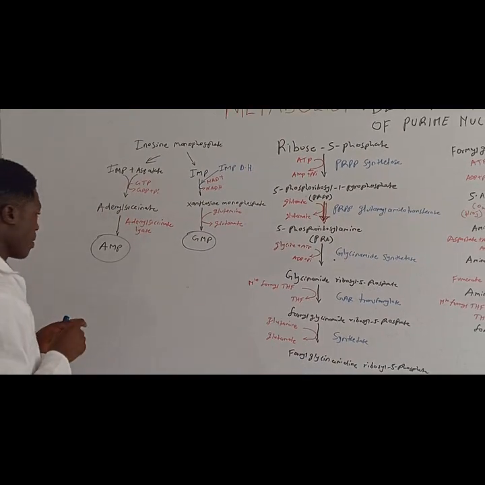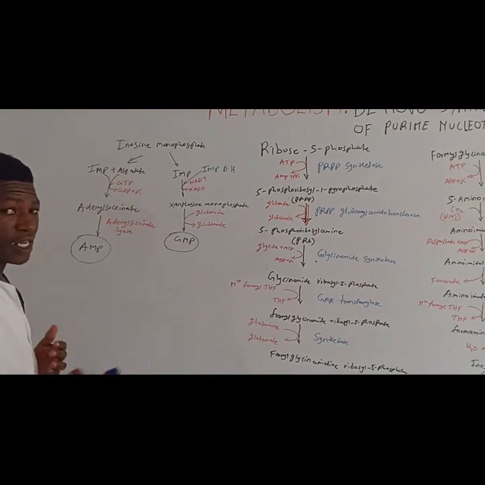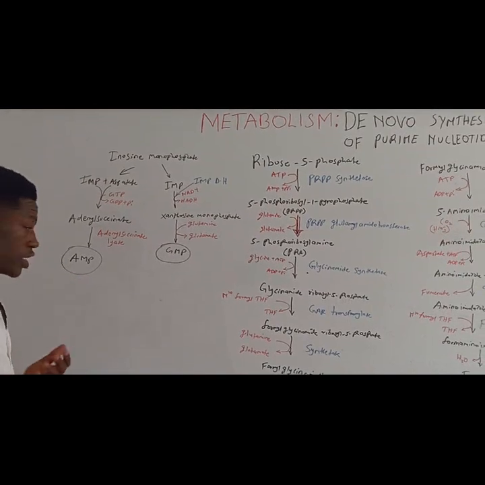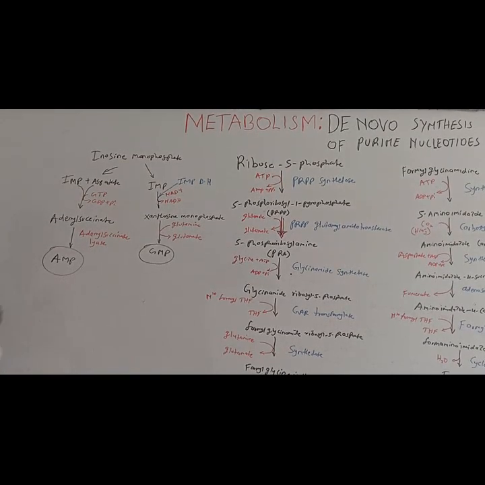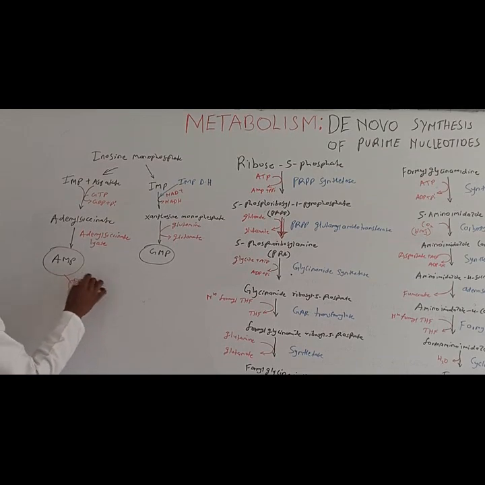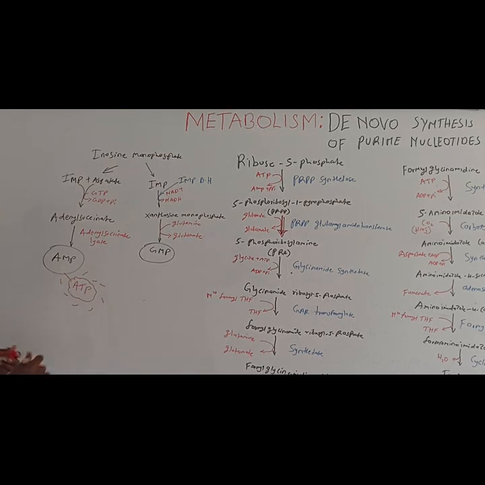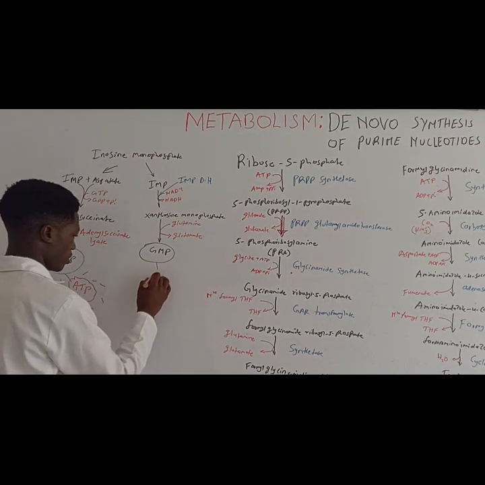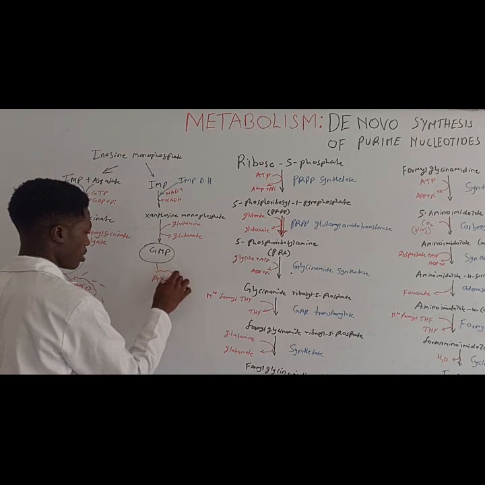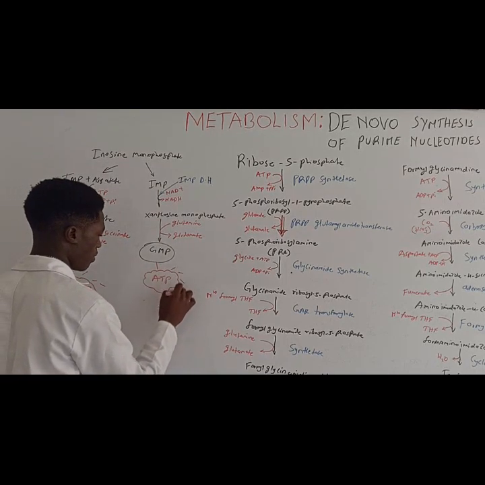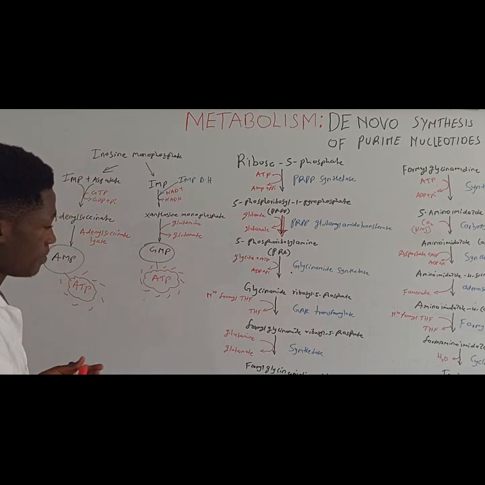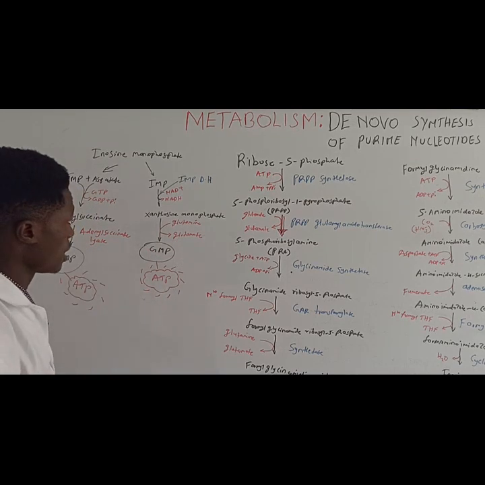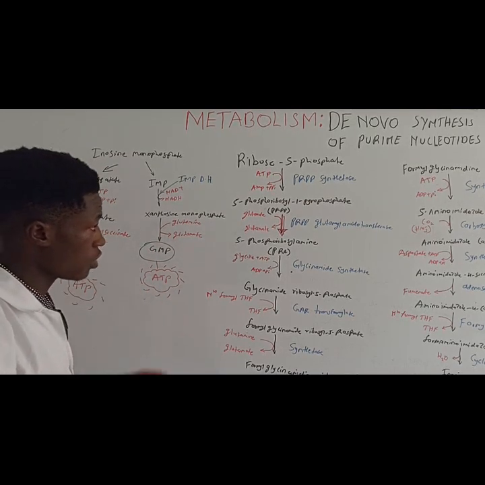Now, you know that nucleotides are sources of energy. They can provide energy in metabolic transactions. So you can further convert these into ATP. That's pretty cool. You can convert this one into ATP too, because when we break it down, we are going to release the phosphate groups, and phosphate groups contain energy. Alright, so that is all that we have for the de novo synthesis, but we can also talk about the